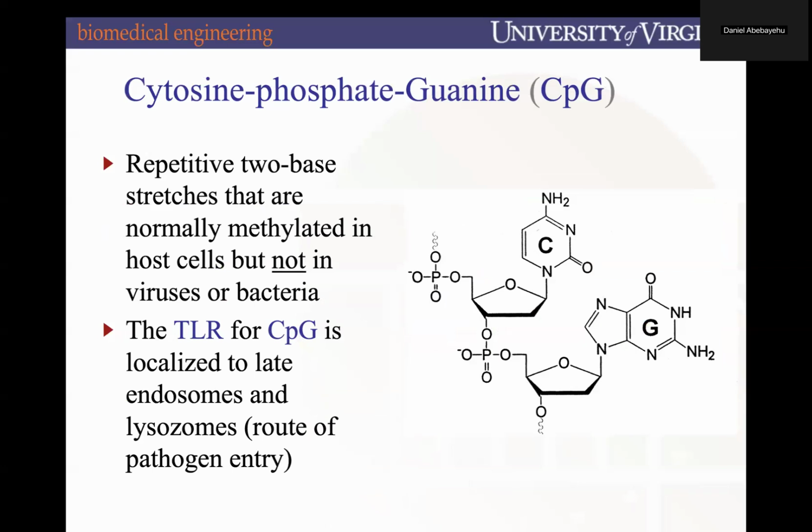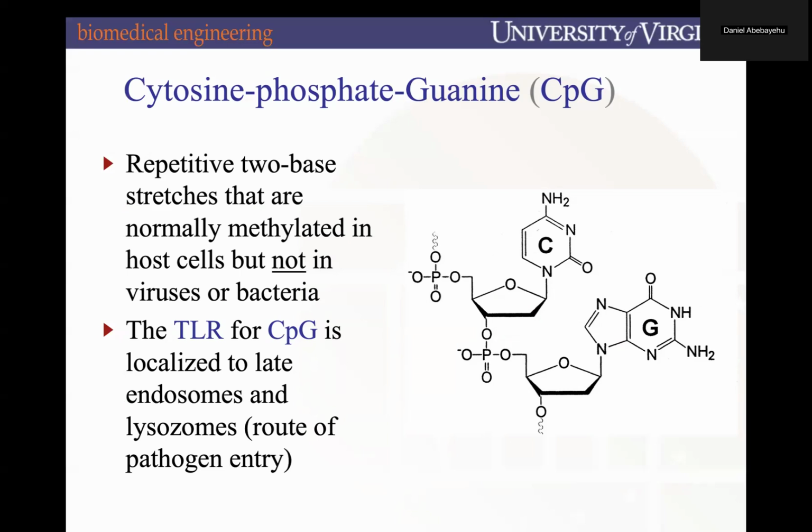I think second to last, almost last, again, is cytosine phosphate guanine, or CpG. It's these two nucleotide bases where, in our biology, typically what you'll see is methylated CpGs. In bacteria, they are not methylated. And so we have a specific TLR, I believe it's TLR9, if I remember correctly, that recognizes and binds to